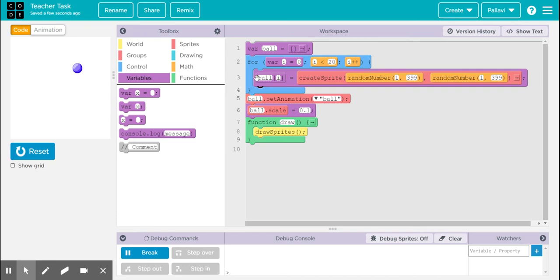So for variable i equal to 0, ball 0 is going to be created at a random location. Then it's going to increment the value of i. Then i will become 1. Ball 1 will be created. Then i is going to be incremented again. Then ball 2, ball 3, and likewise, as long as the variable i value is less than 20.